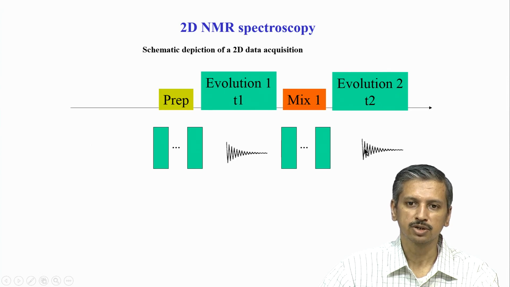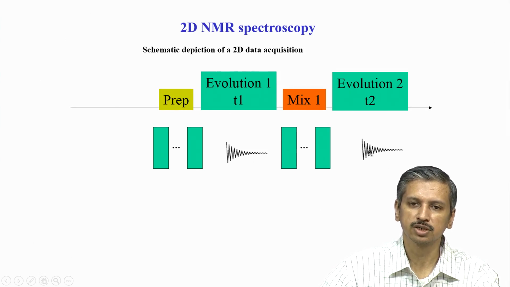So, the question may arise in your mind: why do we stop somewhere in between here, but not do that here? This is a very important point in NMR, and it is related to what is called the measurement time. Suppose I have 100 points here, or let us say if I digitize this whole FID, it corresponds to 1000 points, and let us say this also corresponds to 1000 points. So, for every point here I will have to record 1000 points here.